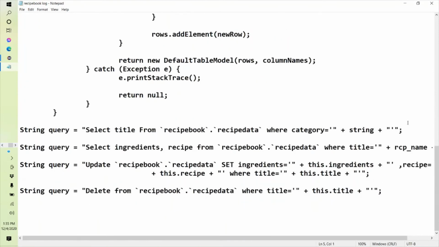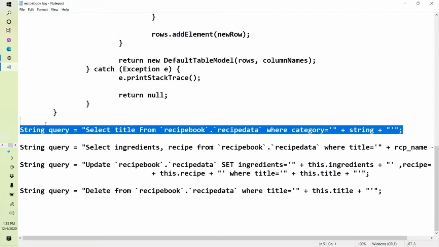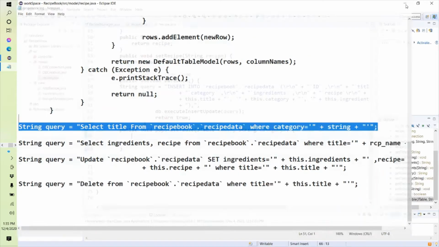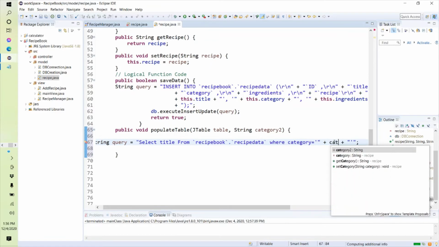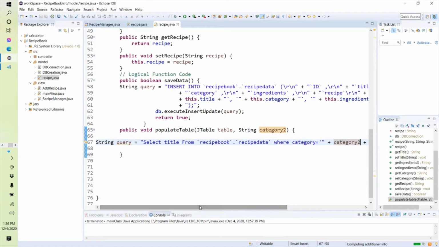So here I have a query that is selecting the recipe title from the recipe book, recipe data table and recipe book database where category is this particular title. So let's change this to category. So now I have a whole query and now I just need to execute this particular query.